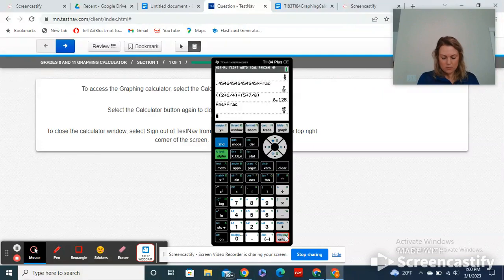Okay, so just make sure you read your directions. The directions do say to leave your answer in an improper simplified fraction. It seems like a lot